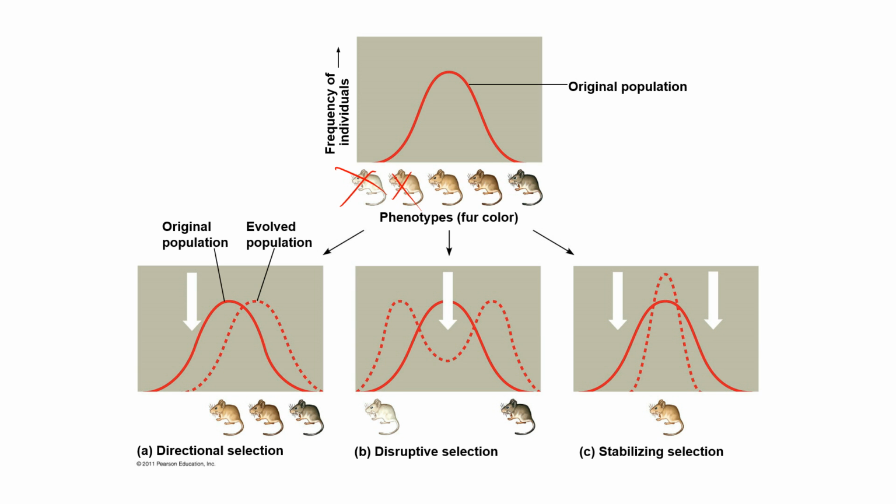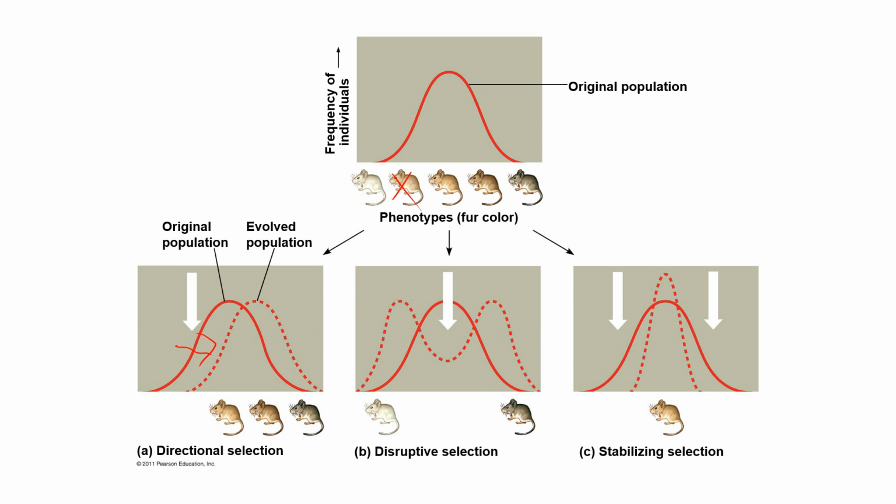let's say that you have an environment that's a little bit darker. These mice might stand out to predators a little bit easier than the darker coated ones. As a result, they are preyed upon, those alleles are eliminated from the population, and you see this directional shift in the population structure toward those that are more favored, with a darker fur coat.